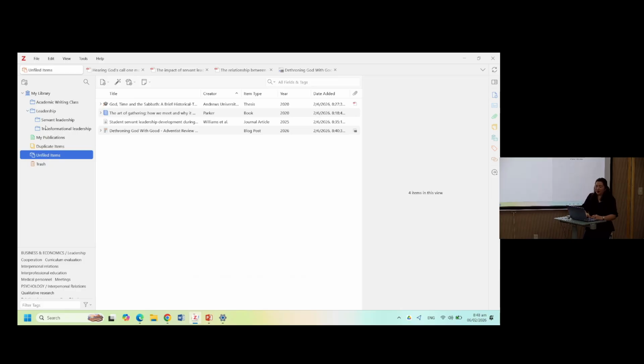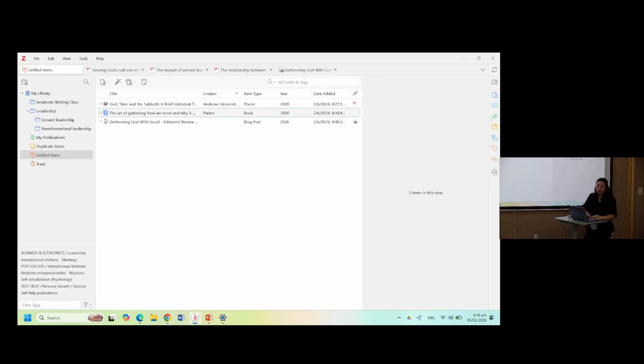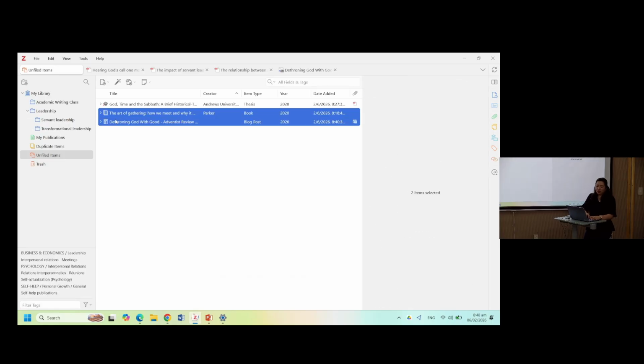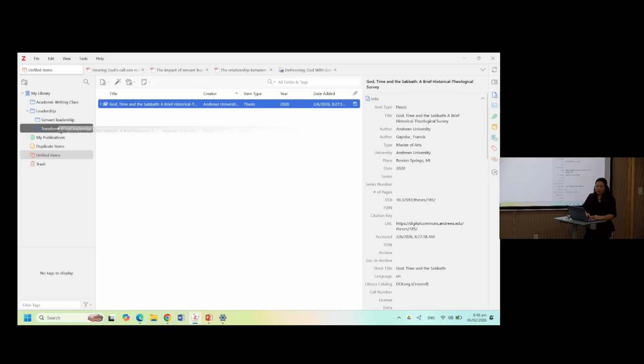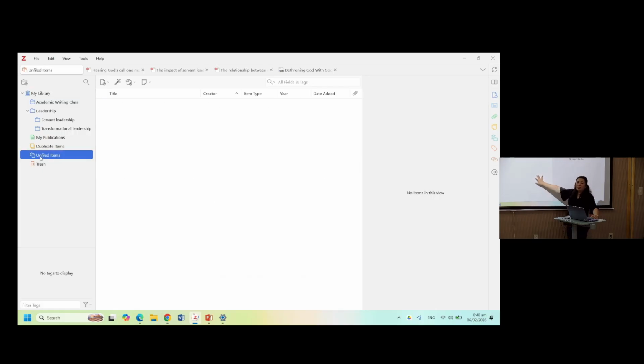From here, you can just select an item and put it there, and there, and here. Everything is still in the library, but when you click on unfiled items and it is empty, it means that you have successfully organized your resources into folders.